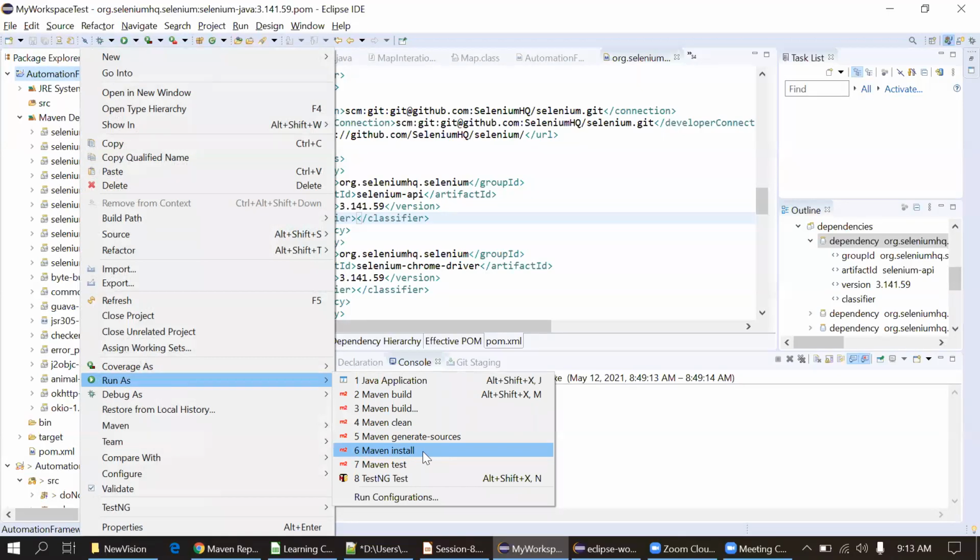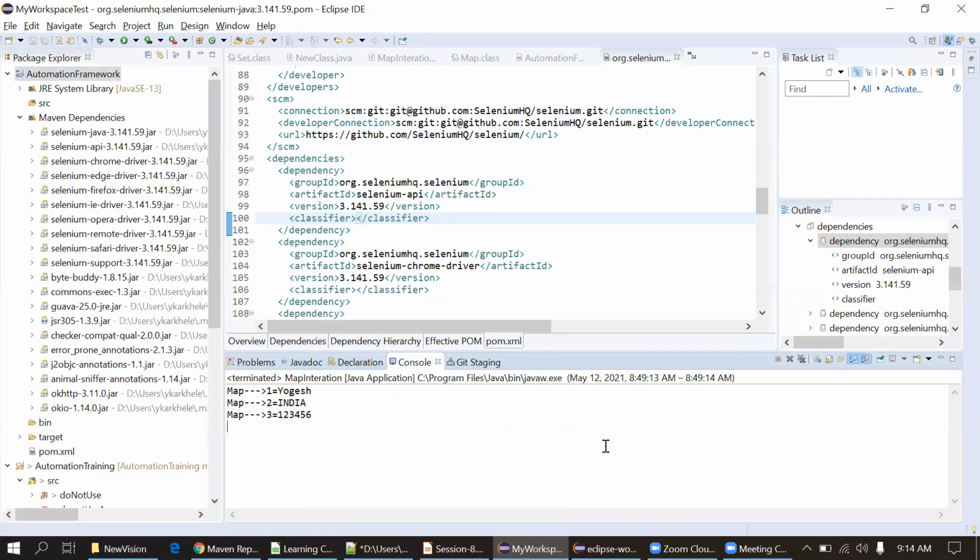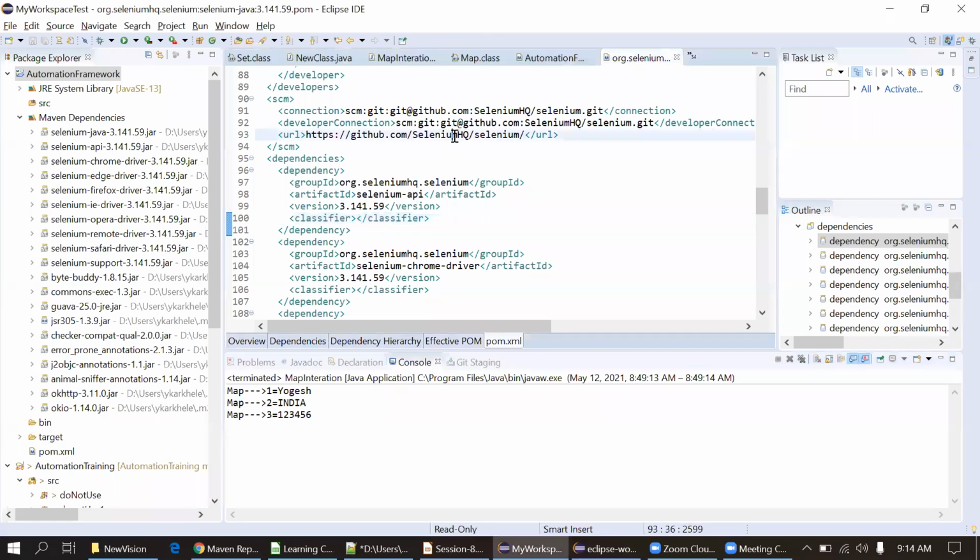So I think I'm going so fast, so if you have any question you can ask me, guys. There is a confusion, like for giving the dependencies, you have shown us copying it from the repository, and second thing, now you were showing that we need to run as a Maven build.